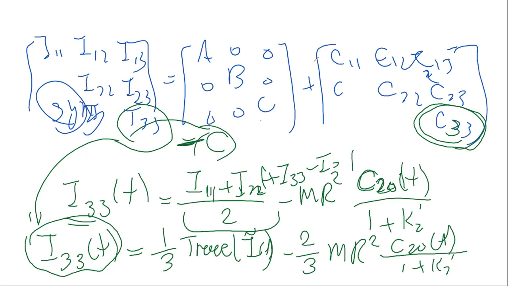The variation, this term is constant. If I want to get the variation, it is enough that it goes to the other side. So by subtracting this from that, I can say that the variations of C33 will be the variations. Let me do the trace first: the variation of the trace minus 2 over 3